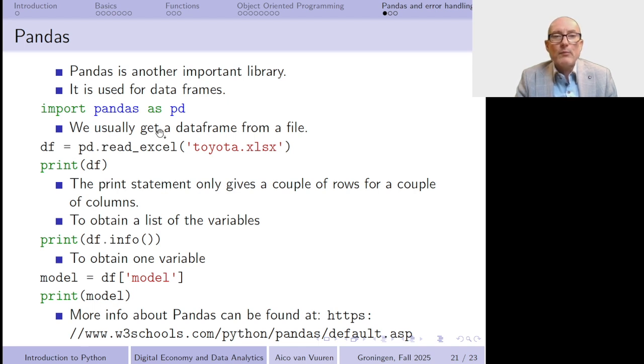That is exactly what we are going to do over here by writing a particular data frame that I call here df for data frame, and we are going to import a particular Excel sheet which is called Toyota.xlsx. This is actually nothing else than an Excel sheet that later on you're going to use in this tutorial that has Toyota cars in it, or information about different Toyota cars. And in order to